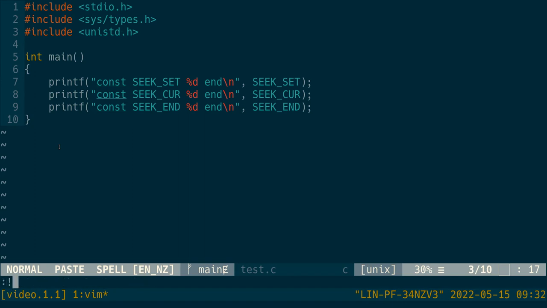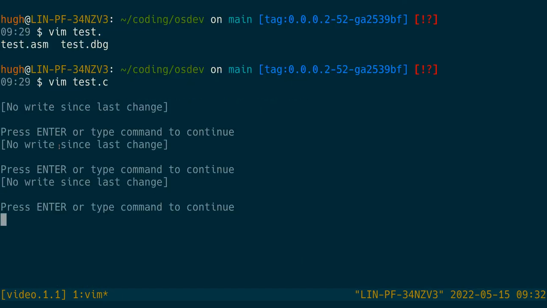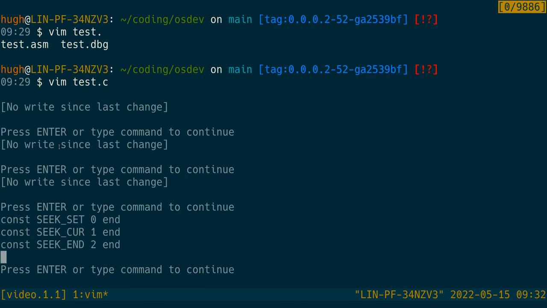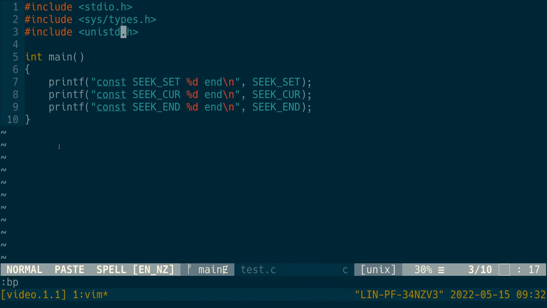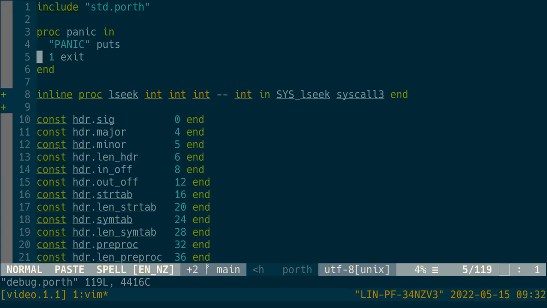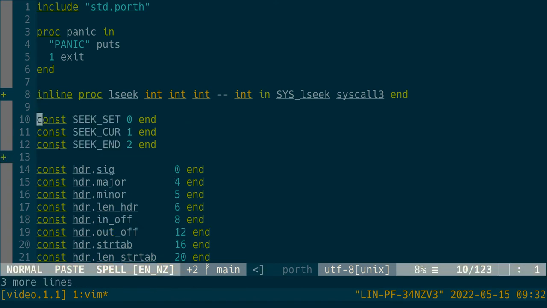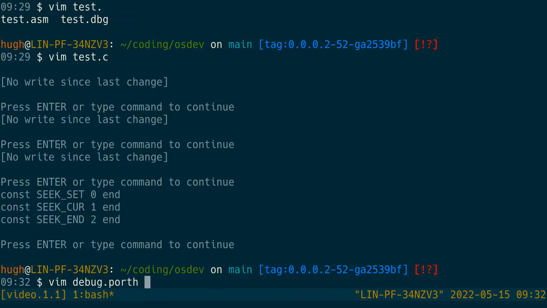Yep. So now if we just see that and not that, run that. I had a feeling it would just be these, but what we'll do is basically put those in here. No, we did that. Cool. And we'll just open